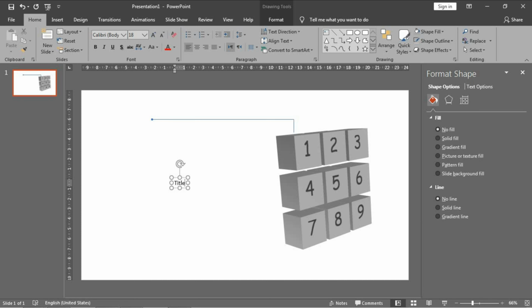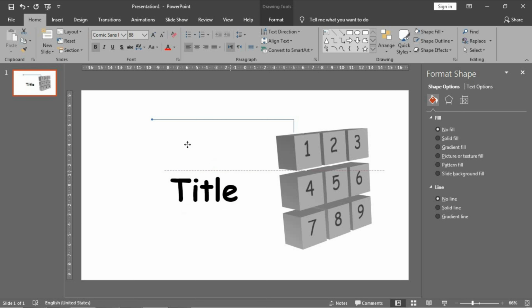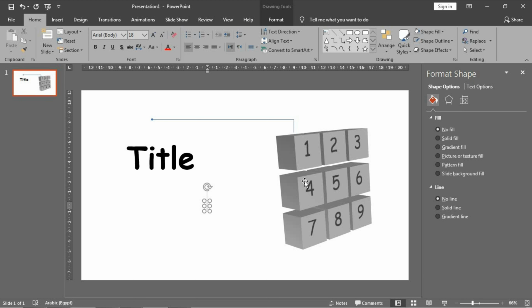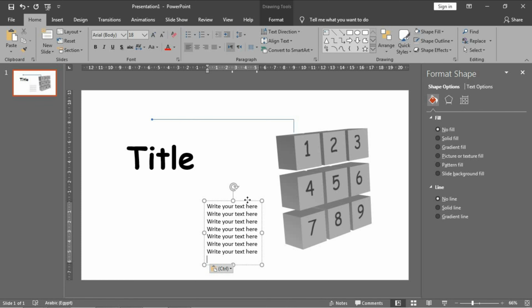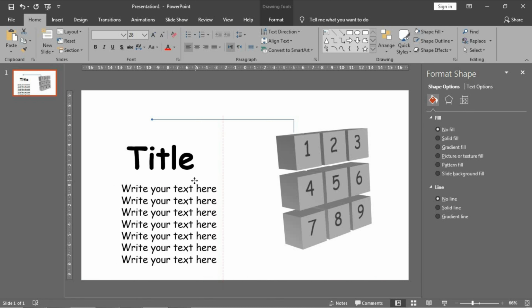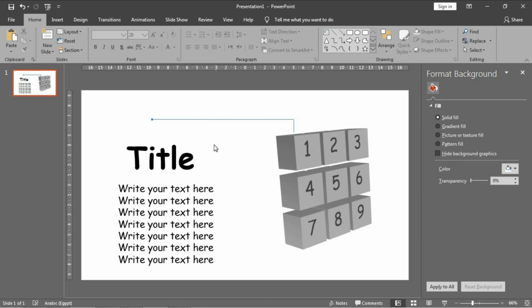Write the title here by typing title and make the changes. Choose the type, bold, make it more large, then add the text you want under this title by writing your text here. Control A, Control C, then paste it like there. Okay, make the font Comic Sans. As I said, I love or prefer this type of font. Okay,